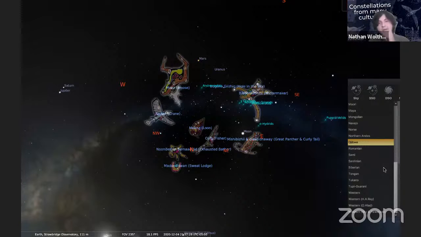Okay, at this point, I think we're going to start opening up for questions as well. If any of the attendees want to ask questions, either particularly related to these constellations that Kate and James are showing over Stellarium, or just general astronomy questions if you're curious about space and stuff. All of us here are astrophysics majors or astronomy minors, so we're all decently qualified to answer whatever questions you have. So yeah, feel free to ask away.